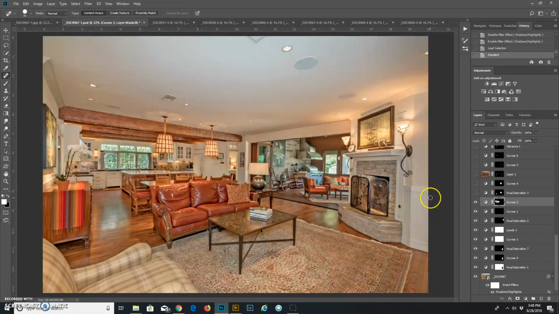Okay, and so let me zoom back out. And here we go. Here's some more layers coming on. You can see that's out in the living area on the far right in the image. Here's another